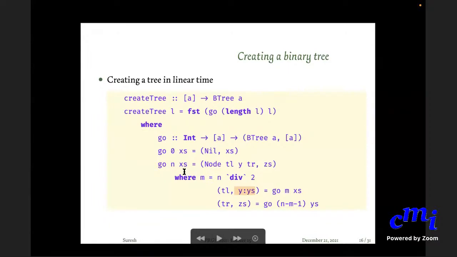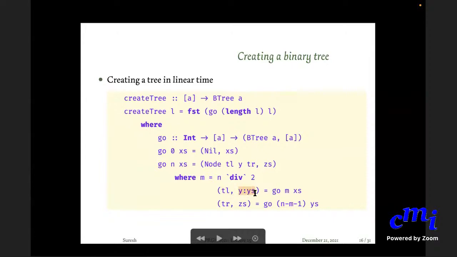And now I have... what will be the length of y colon ys? Can somebody tell me? TL is constructed using, let us say the length of xs is L. Here I have constructed a tree using M elements, and I have my y colon ys here.